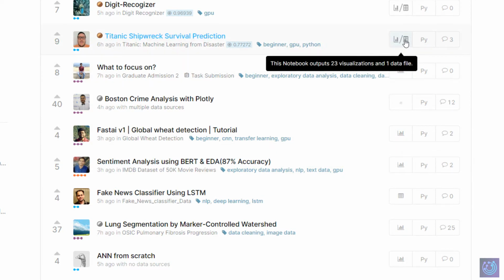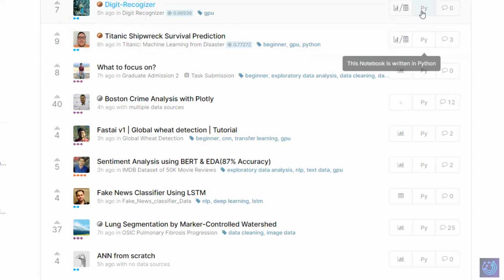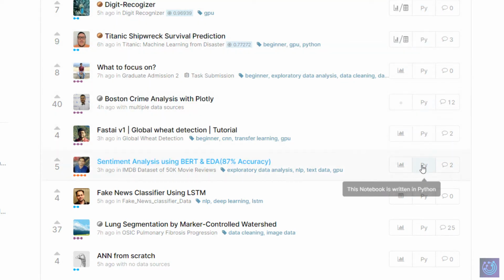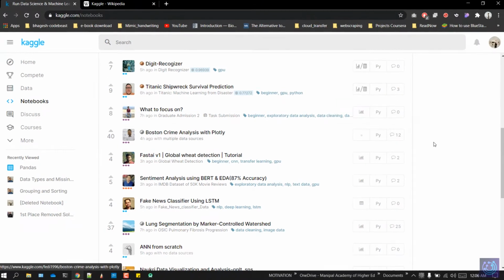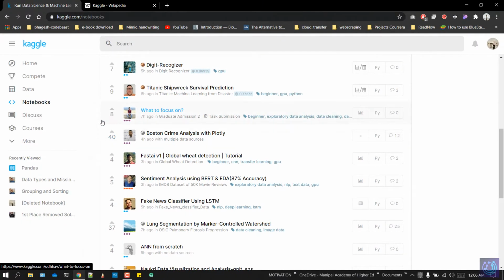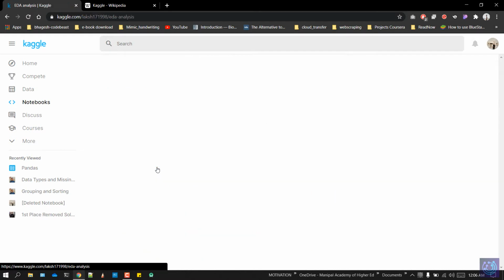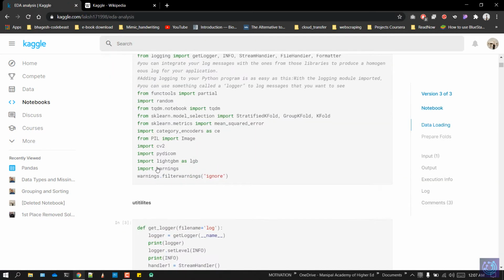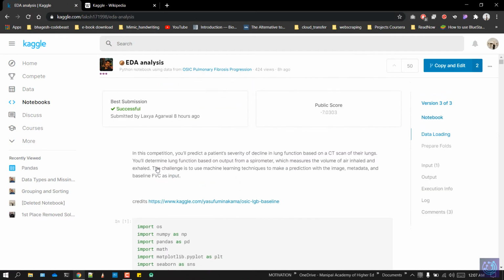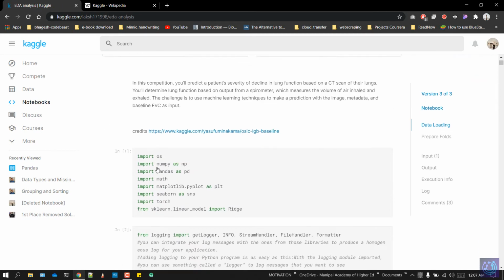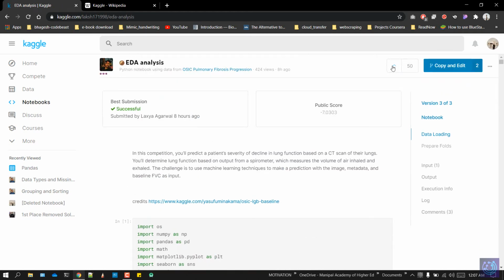If you just hover over it, it will give you the details, and it will also specify the language in which it has been coded and the number of comments. So basically all you have to do is just click on this and you'll land in the notebook, and you can just have a look at it real time. So this is how a Python Jupyter notebook would look like,